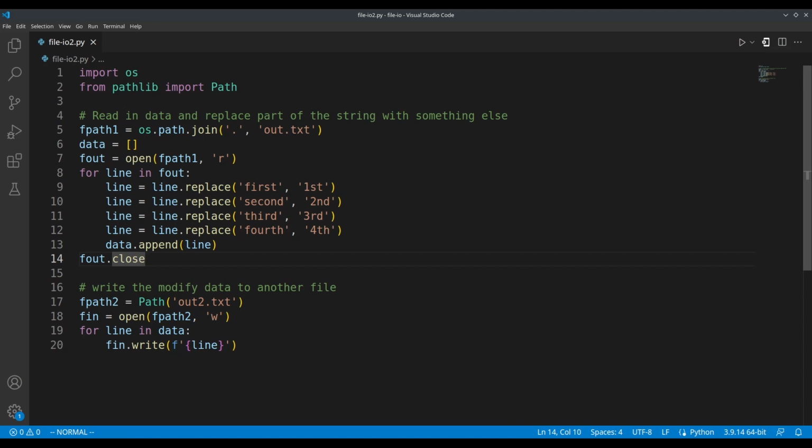In the second example, I'm going to demonstrate how to read from a file. I'm going to open up the file that I generated from the previous example and then read in the information. And then we're going to manipulate that information and write it to a second file. In this example, I'm also going to demonstrate the two modules that we covered in the last two videos, OS